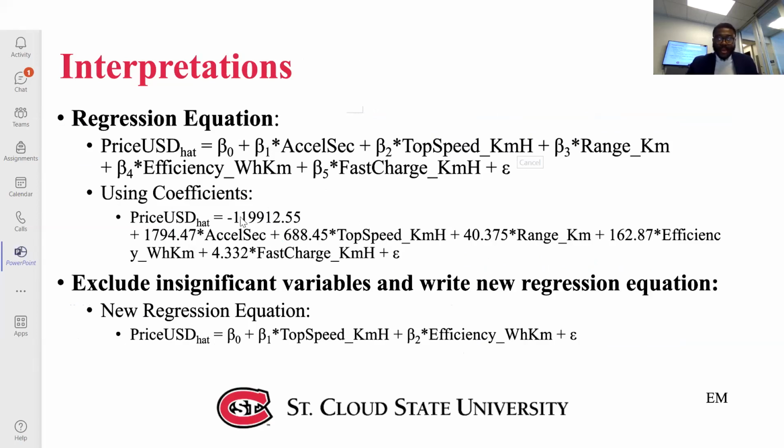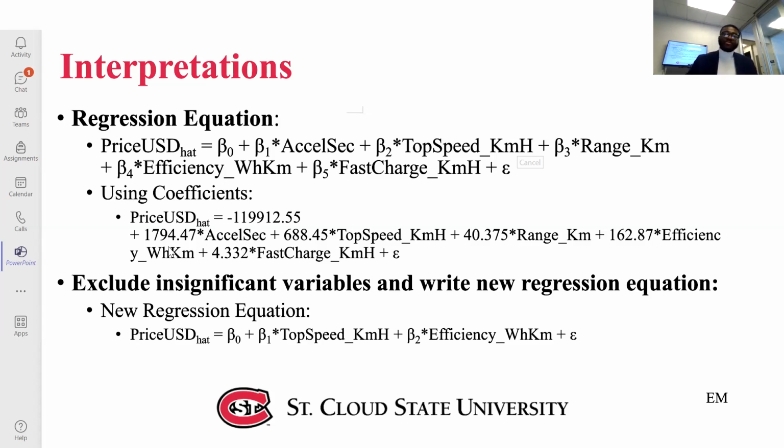So we will substitute those for the betas in the regression equation. So we get negative 119,913 plus this whole thing. And this is very important because with estimated values, we can make predictions. If we want to compute the estimated price of an electric vehicle, we can use this formula to calculate it. We need estimated values for the betas to make that calculation. And in later parts of the presentation, I will give you an example of how we can make such predictions